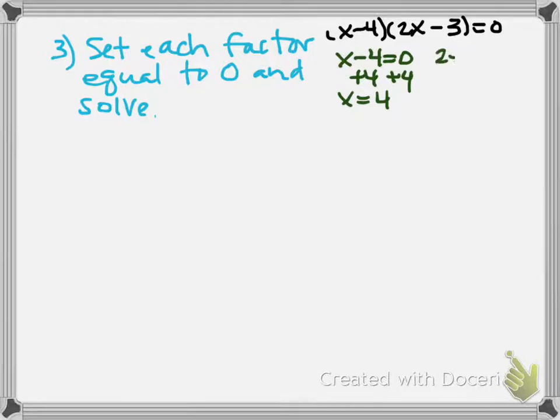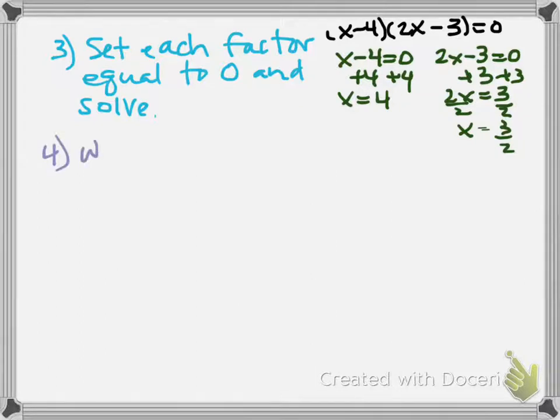And then over here, we have 2x minus 3 equals 0. We add 3 to both sides, and we get 2x equals 3, divide by 2, and we get x equals 3/2. Now, if you think back to that drawing I had done earlier of a parabola crossing the x-axis in 2 locations, it makes sense that we have 2 possible values for our x. Okay? So then the last thing we do, because we have more than one possible correct answer,